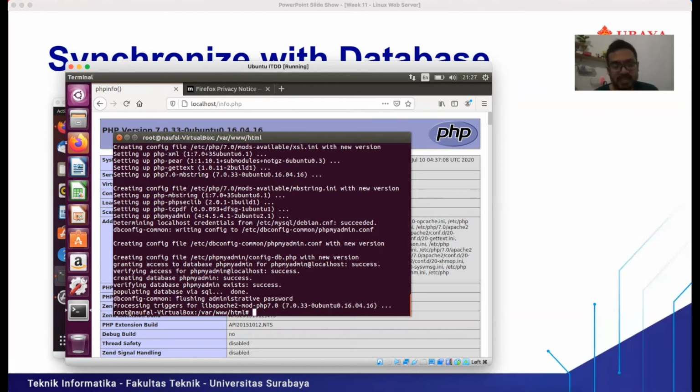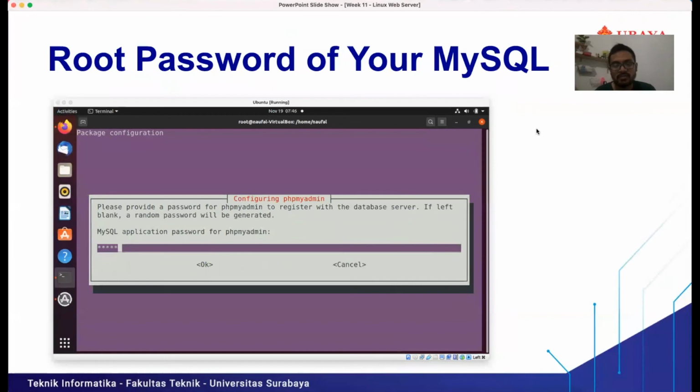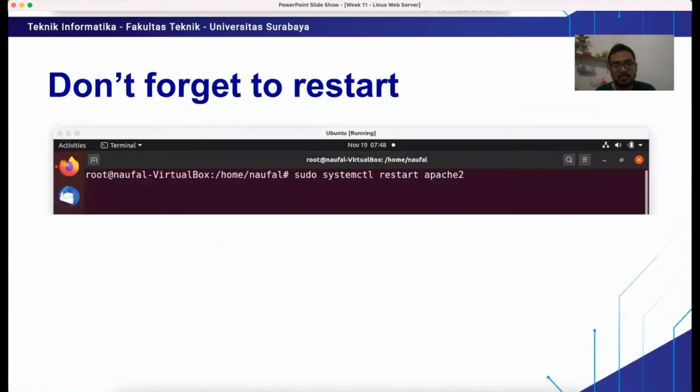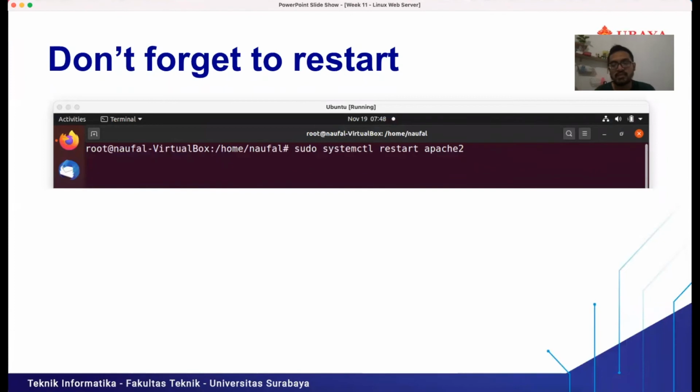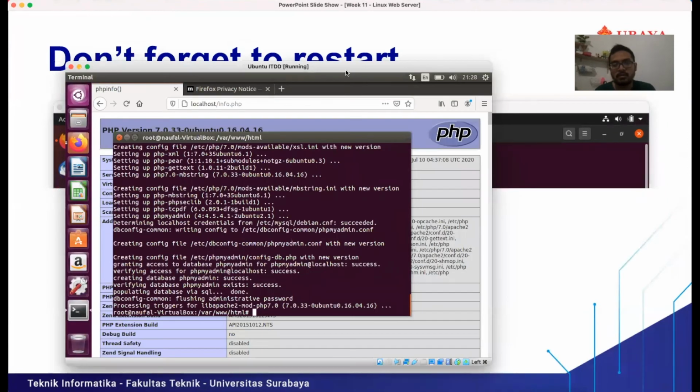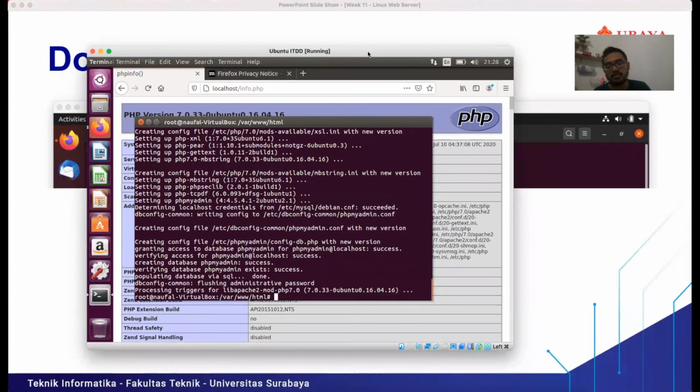Okay, so I think the installation process is finished. Then we need to make a configuration to our phpMyAdmin. Like I was mentioning before, phpMyAdmin also needs a configuration, so we can just follow the slide. Okay, done. Then we need to restart the Apache2 because phpMyAdmin is related to the Apache2. When we relate some component to the Apache2, we need to restart it with systemctl